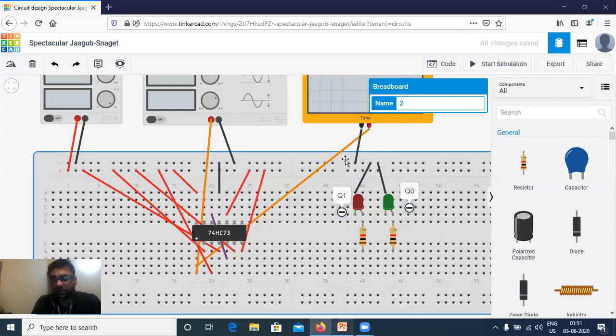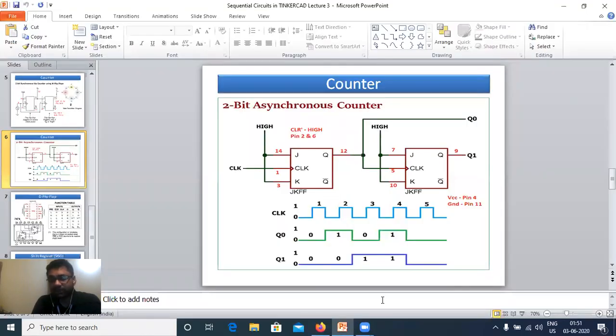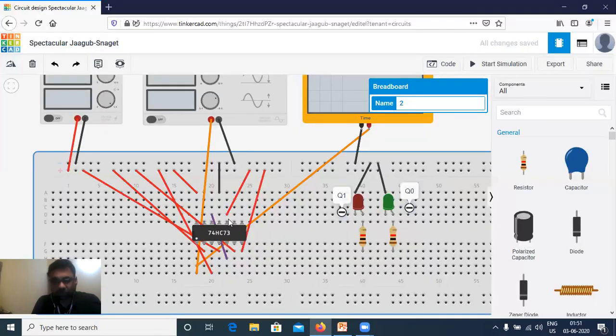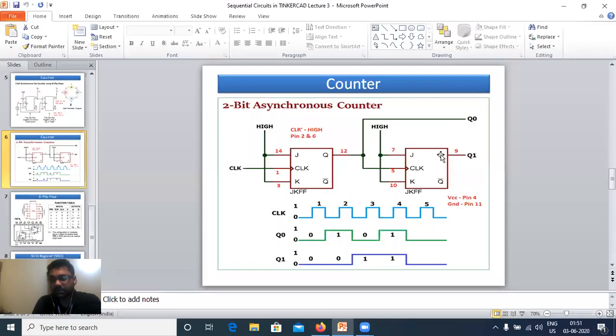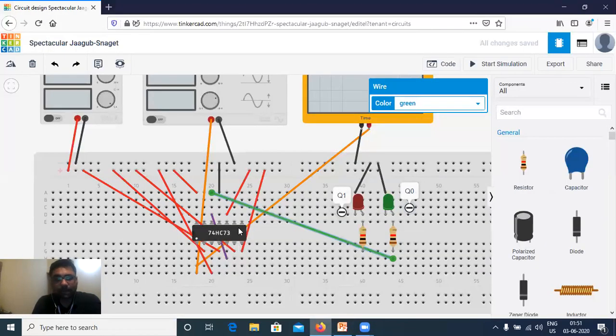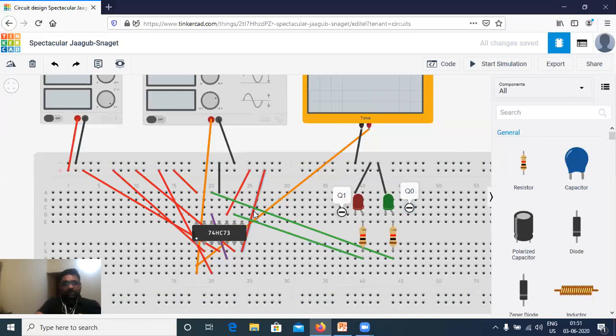Which one is LSB? This is my LSB, that is pin 12. So I'm taking from here. Next, for MSB, I require pin number 9. So we have done all connections for the asynchronous counter.